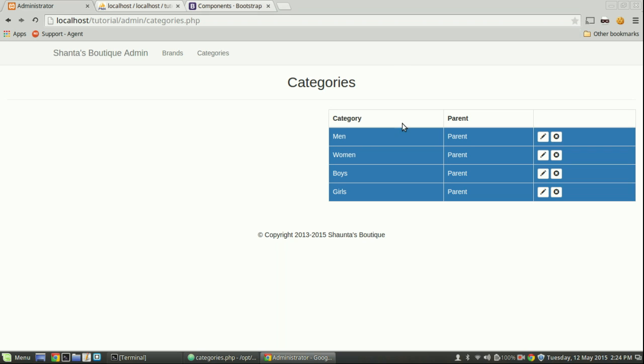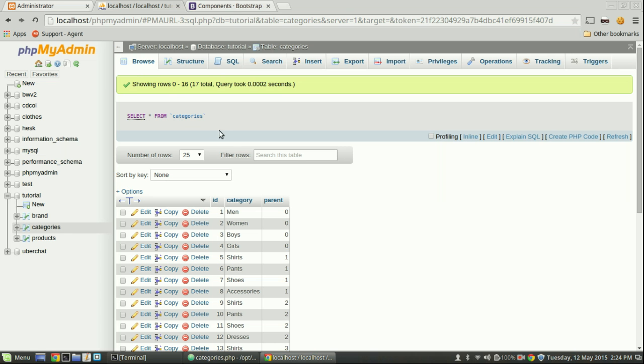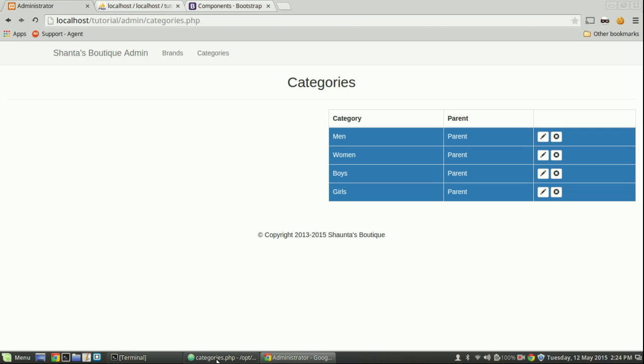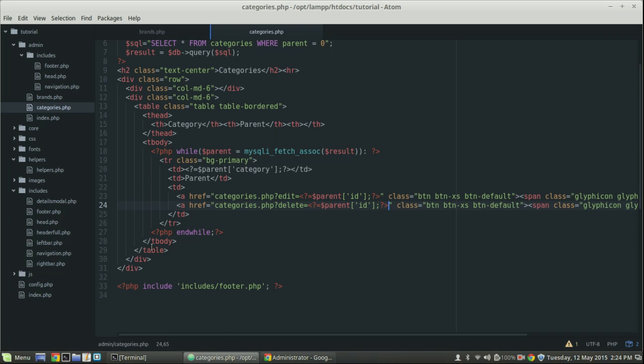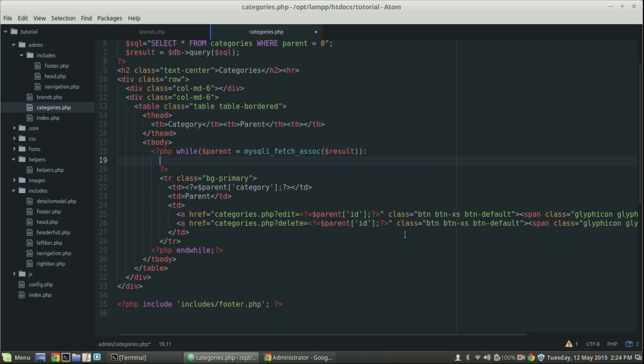Perfect. So what we want to do underneath these is print out our child categories underneath these parent categories. So we're going to do a nested while loop in our code. We have this while already open, but right here, before we close this PHP, we need to